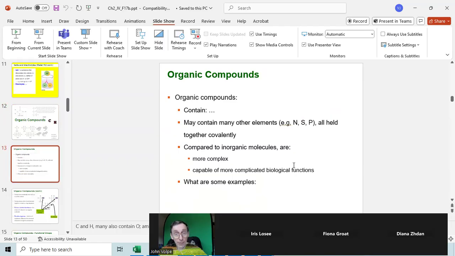So an organic chemical compound always contains carbon, they always contain hydrogen, but they may contain other elements, such as oxygen or nitrogen, sulfur, phosphorus. But organic chemical compounds are always held together by covalent chemical bonds. Compared to an organic chemical compound,